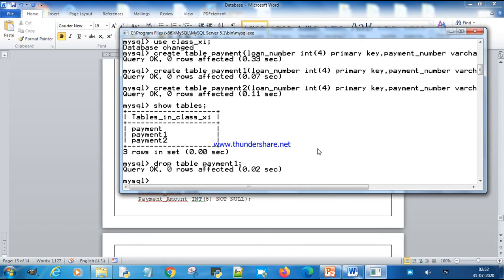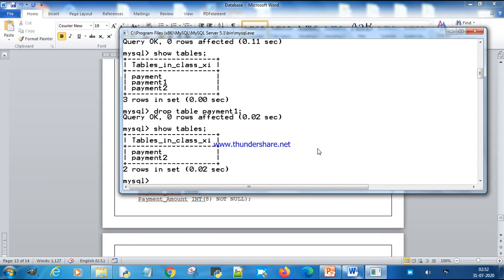Let's check once again the list of tables, show tables. See, it's already deleted. Now if I want to delete this database, it also deletes all the tables inside it along with the database. Let's do that.